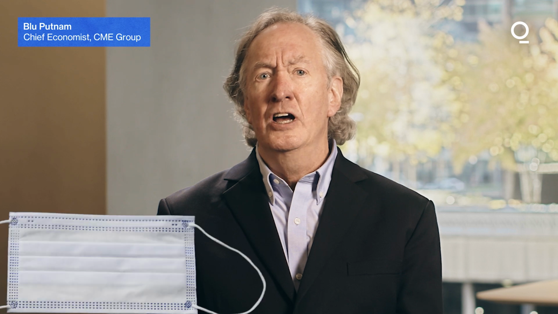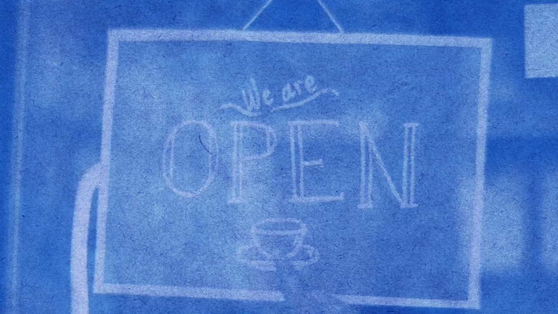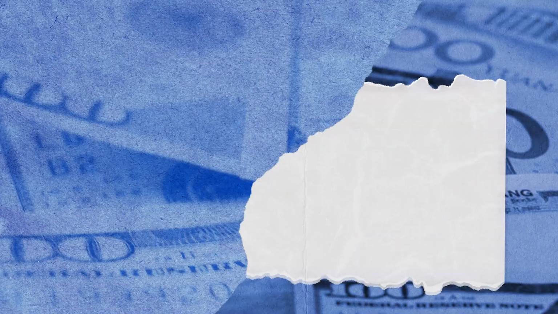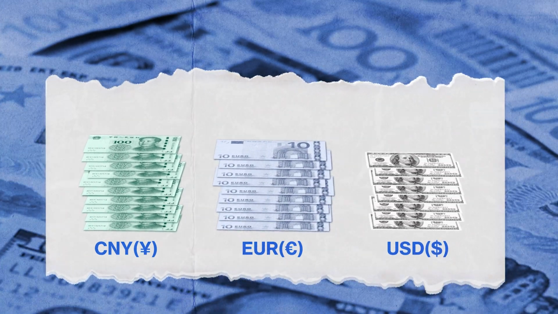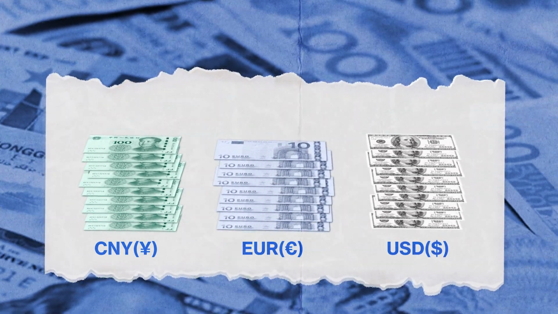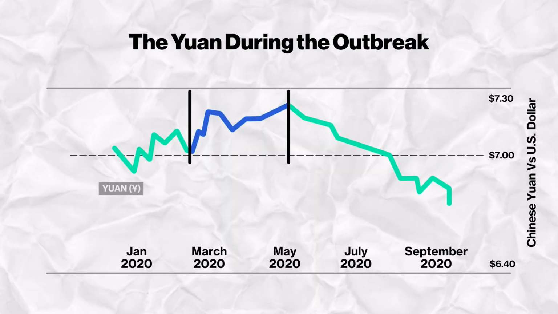Then, as a country gained better control of the virus and daily cases declined, optimism about the reopening of the economy would take control of the narrative. To help explain some of the currency moves, let's take two case studies, the Chinese yuan and the euro relative to the US dollar. The Chinese yuan initially weakened during the early stages of the pandemic through to the end